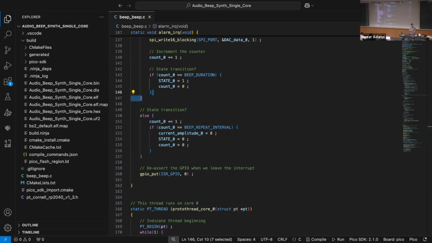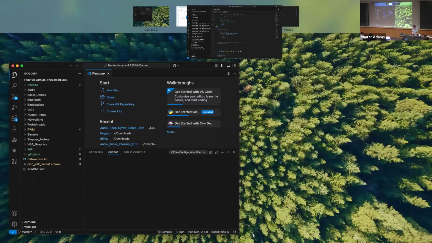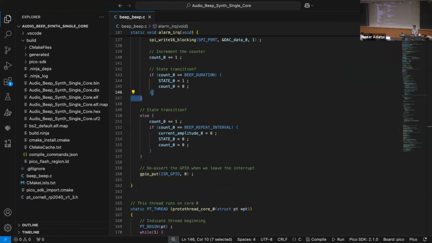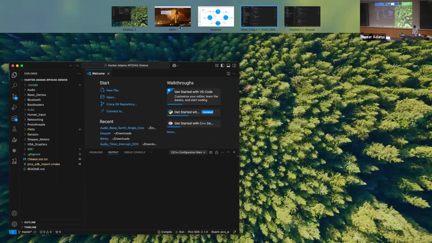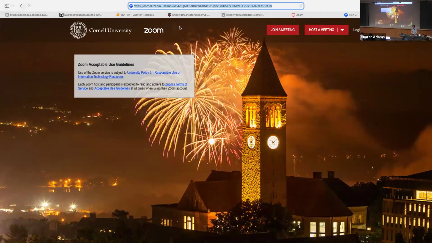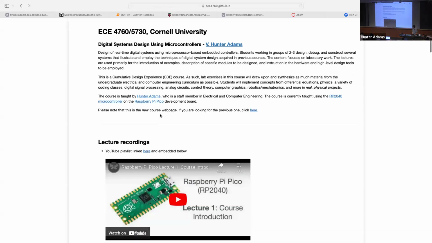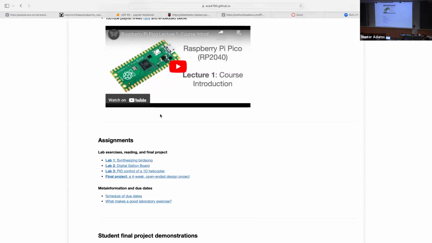Let me remind you too, just one more quick little reminder. If you go to the Lab 1 webpage, sharing the right screen here. If we go to the Lab 1 webpage,